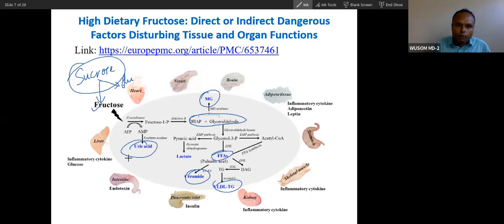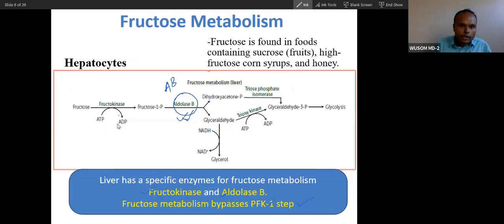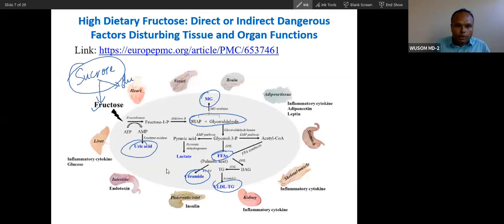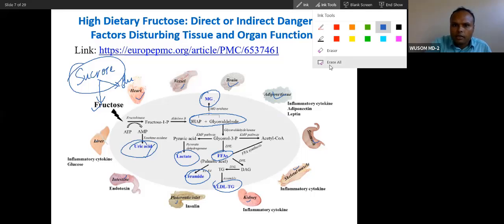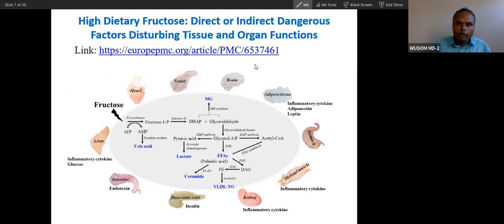This fructose will cause very high metabolism of fructose, which will utilize a very high amount of ATP, and this ATP will produce uric acid. ATP is a nucleotide; this will produce AMP, and AMP will produce uric acid. The patient will have high uric acid, high lactate, and fat deposition in different vital organs. Because of this high fructose content, there will be slow but gradual damage to many organs. That is what I want to convey from this slide. Fructose is very toxic, and I have also given this link. You can visit this link and study how fructose is toxic.